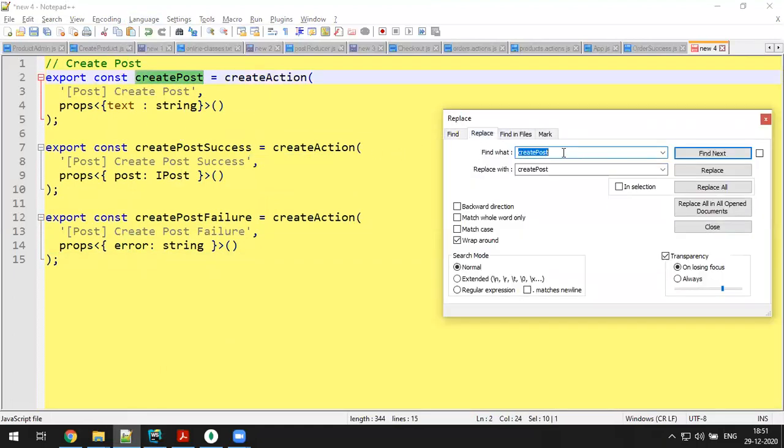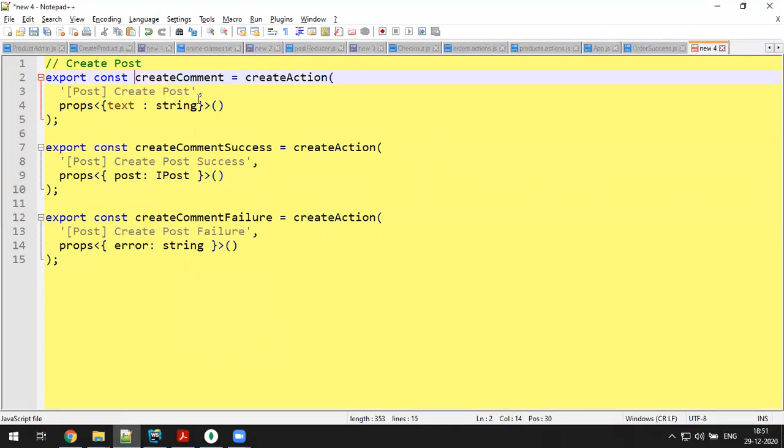I'll say create comment. Replace all. This is comment. So post is there. Comment. Comment. Done. Copy.